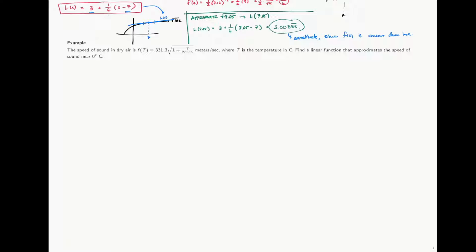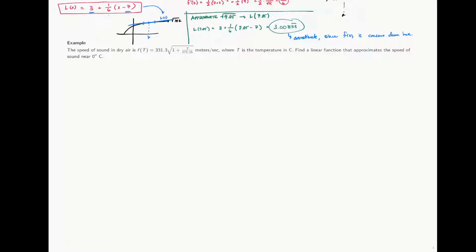All right, and this one I think is a cooler example because it's a little more realistic. You don't have many people asking for simplifications of square roots these days, even though that used to be a big thing because we didn't have calculators not that long ago. But here we have a model given for the speed of sound in dry air. So this would be of interest to probably aeronautical engineers and audio engineers. So f of t equals 331.3 times the square root of 1 plus t over 273.15 meters